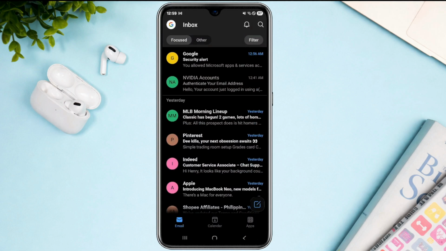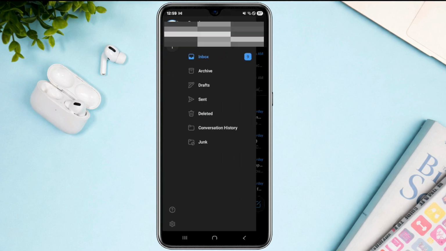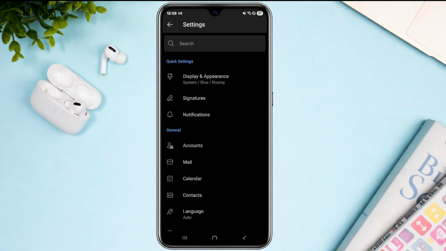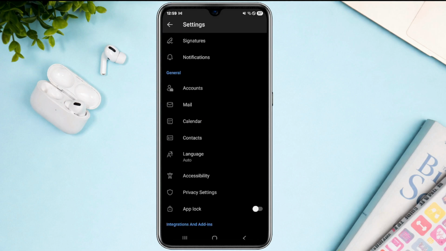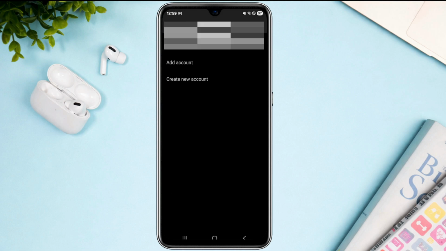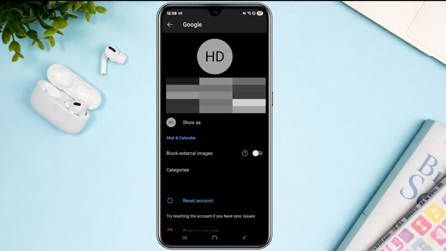account. Now tap on the Google icon at the top left, and then from here you just have to head straight into the gear icon that will redirect you into your account settings at the lower left. Now from here, scroll down and then under General, choose on Accounts and tap on your current account that is